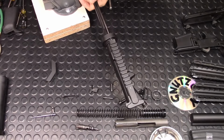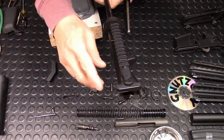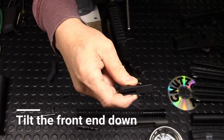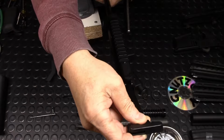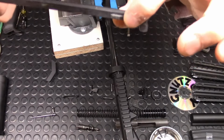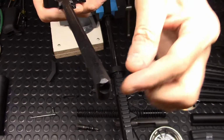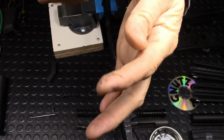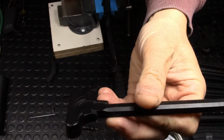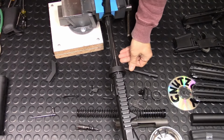And then to remove the charging handle, pull it and then tilt down, okay, and then slide out. What happens is these two raised areas on either side of the charging handle will match an opening, and then it dips down. And right here, now I'll strip that down a little further after I've done with the rest